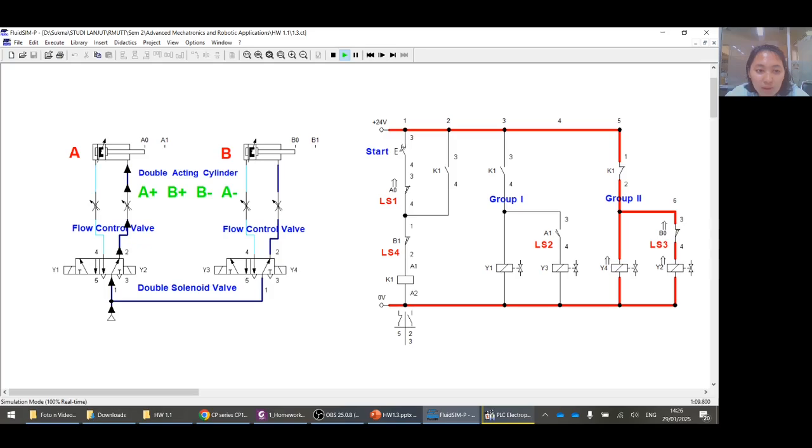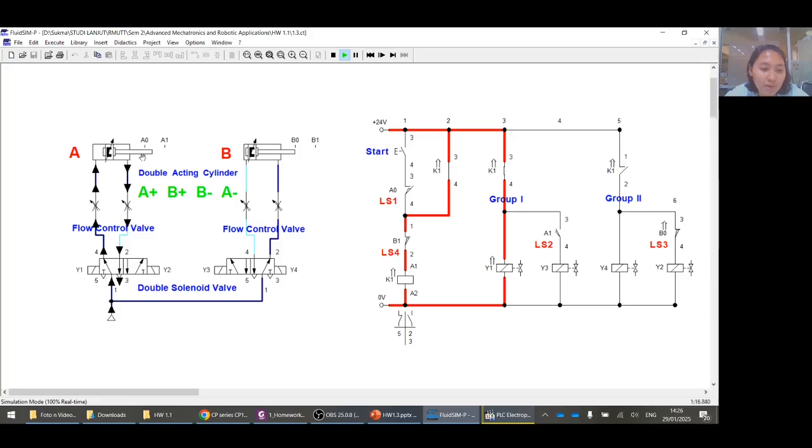I will show once again. Push button start, A goes forward. It moves slowly because of the flow control valve here. After that, cylinder B goes forward. And then cylinder B goes backward.